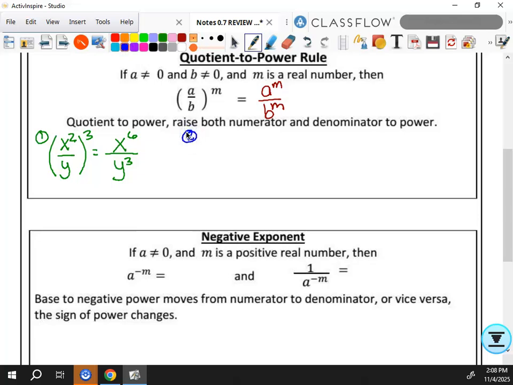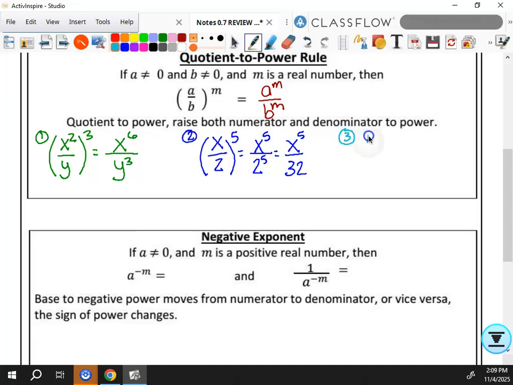Okay, if we have x over 2 to the 5th power, so in the numerator, I will get x to the 5th. In the denominator, I get 2 to the 5th, which is, what is 2 to the 5th? 32. 32, very good. Okay, then